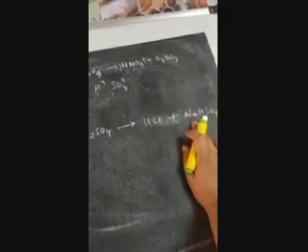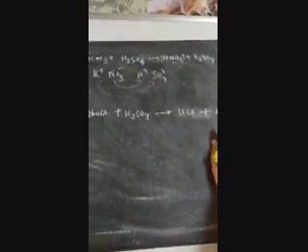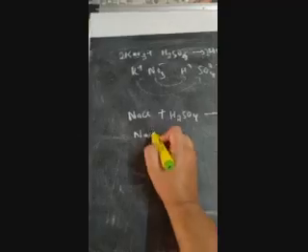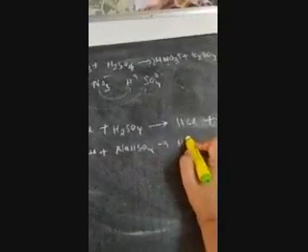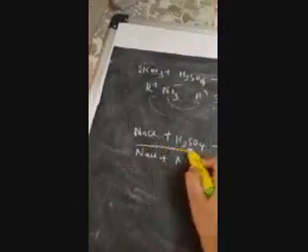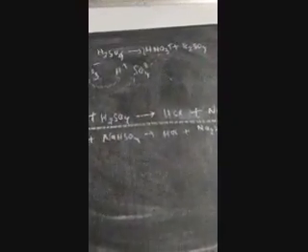Which salt are you getting? This is actually an acidic salt. This is the first step of the reaction. It might keep on going, another NaCl plus NaHSO4 will give you HCl plus Na2SO4, but in the book it has been shown only till now. So this is how these reactions take place.